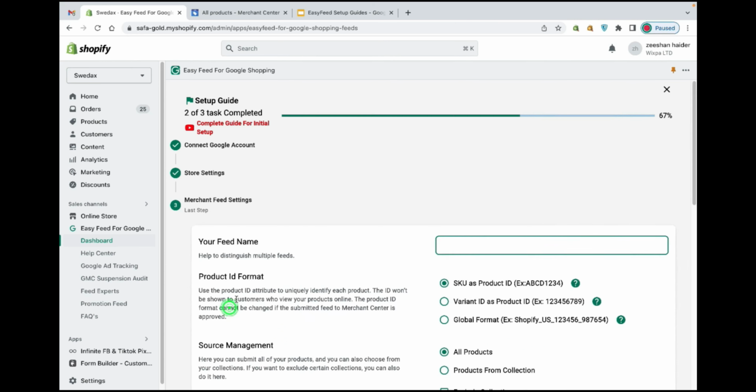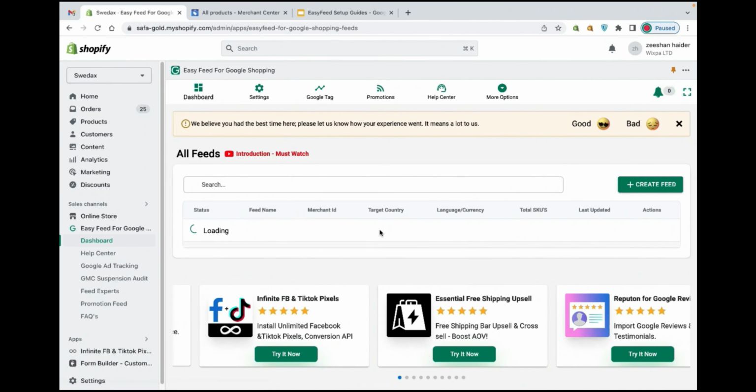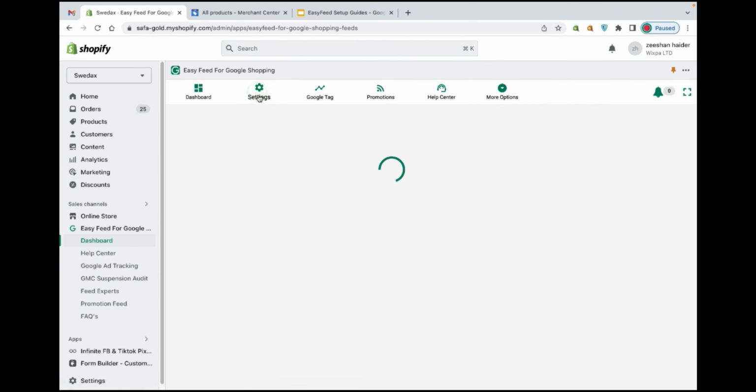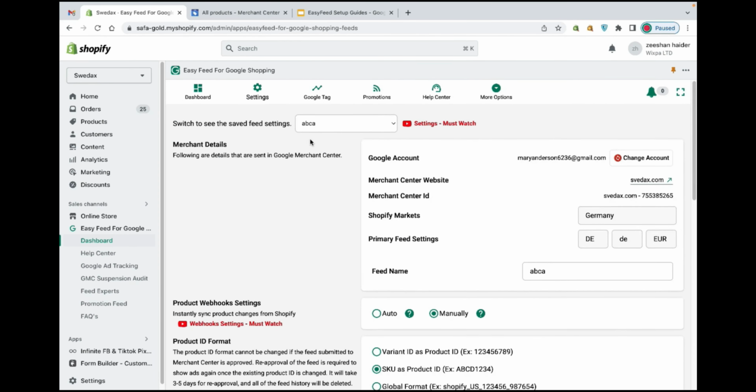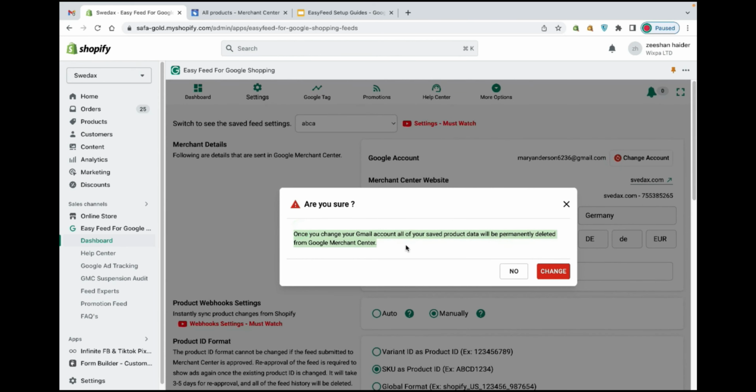Here you can see I will go with the global format, but now let me select the second option, that is the settings. Here you can see switch to see the saved feed, as our app can create multi-feed. So we will switch to the other feeds we have created, and we can also change the account. If we click on it, you will see this notification that once you change your Gmail account, all of your saved product data will be permanently deleted. So I will definitely not go with this option right now. I will simply close this,